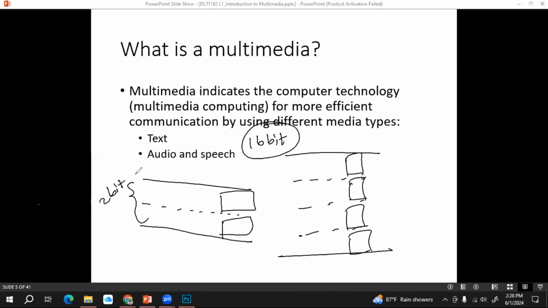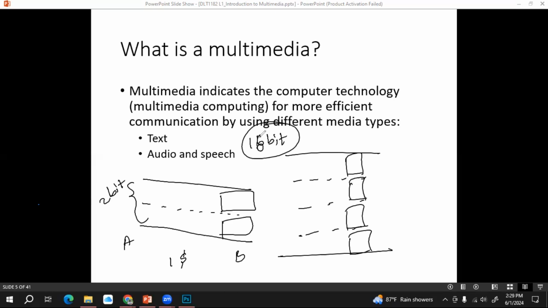Let's assume one packet of data takes 1 second to transmit from point A to B. How many seconds are needed to transmit 16 bits from A to B?